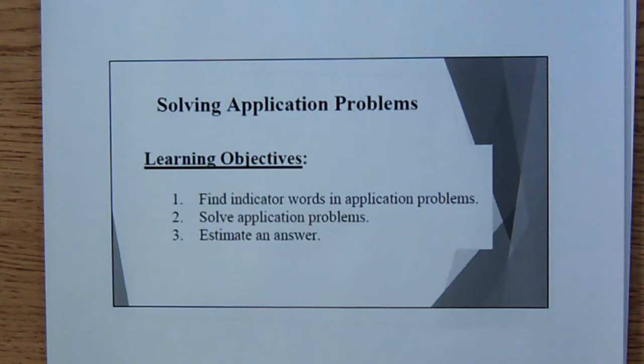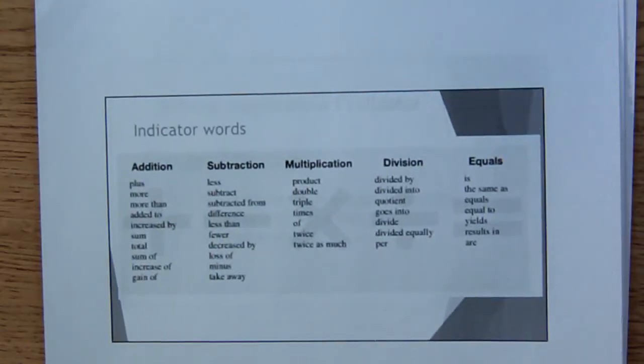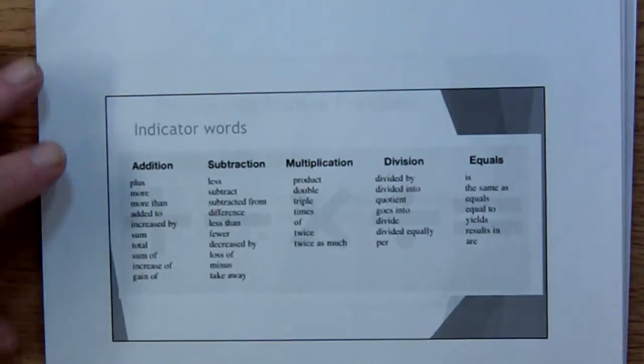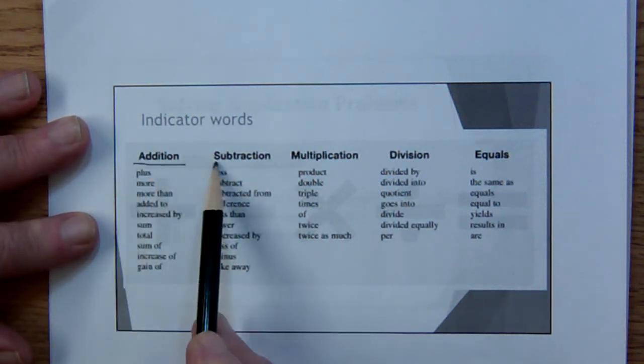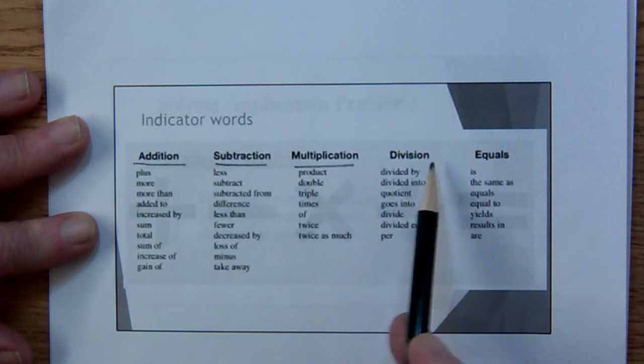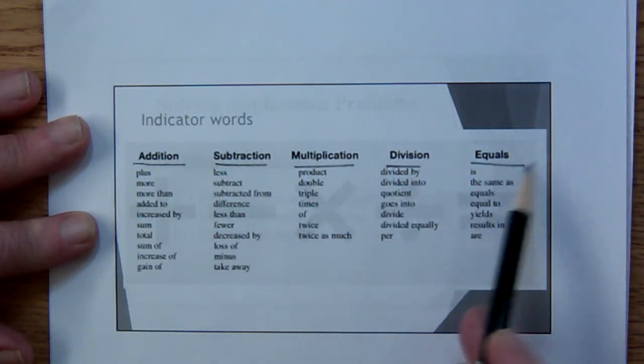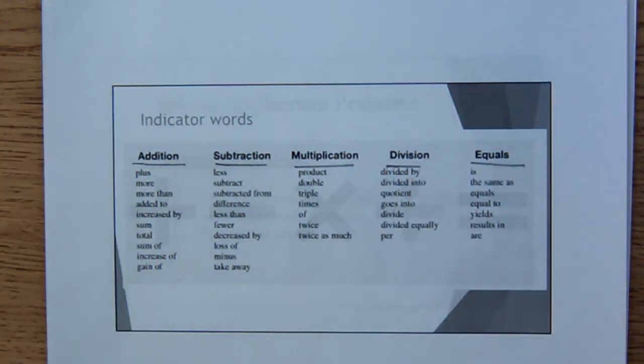Today this section is about solving application problems, and one of the key objectives is to find the key words. Here are some indicator words that you should study and become familiar with in order to solve the problems. These are clues telling you when to add, subtract, multiply, divide, and have an equal sign, and sometimes there are